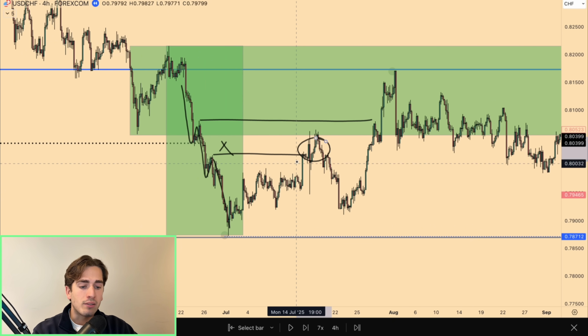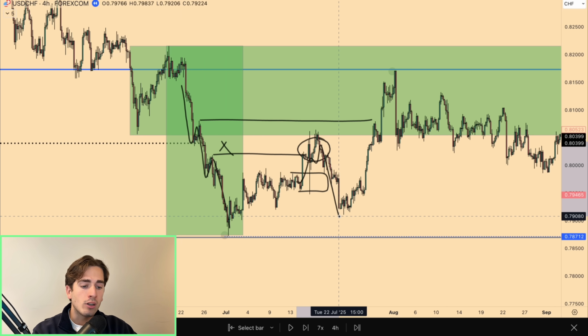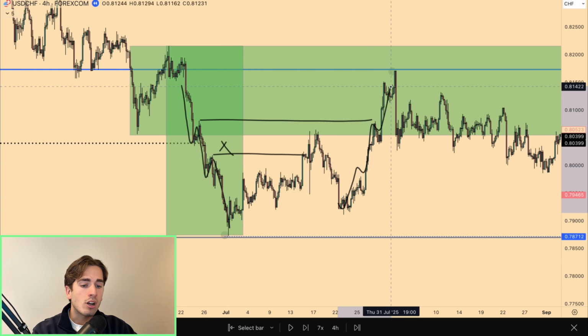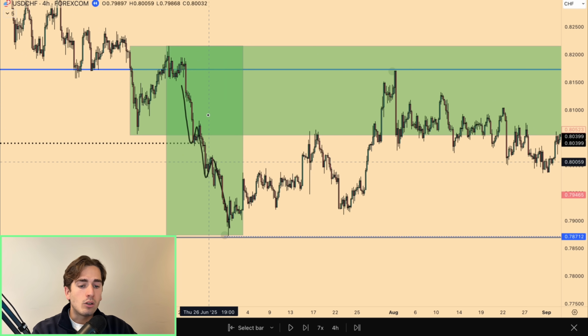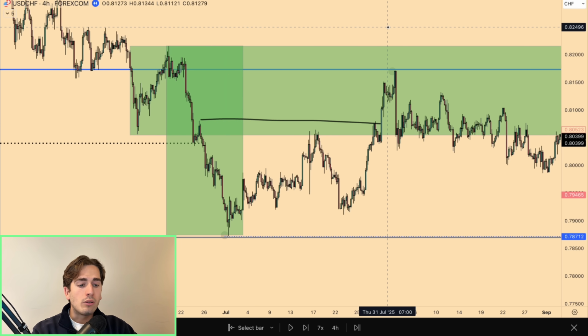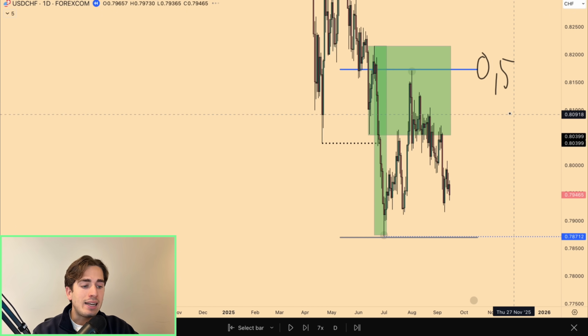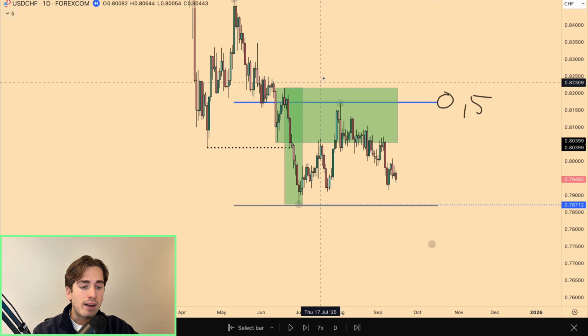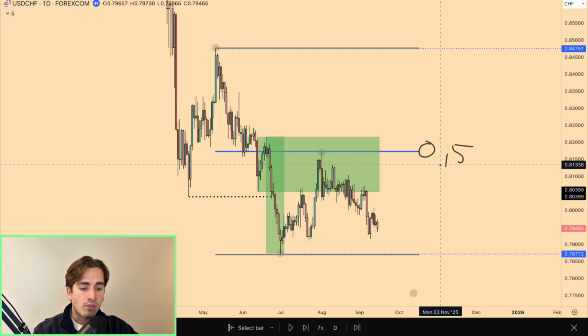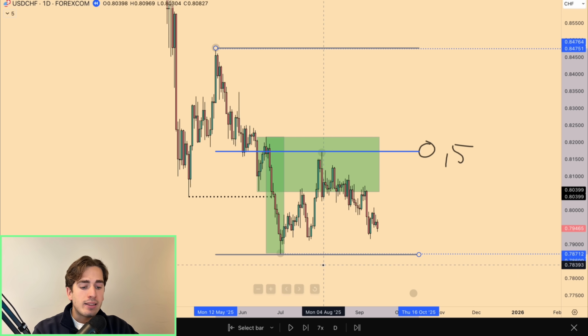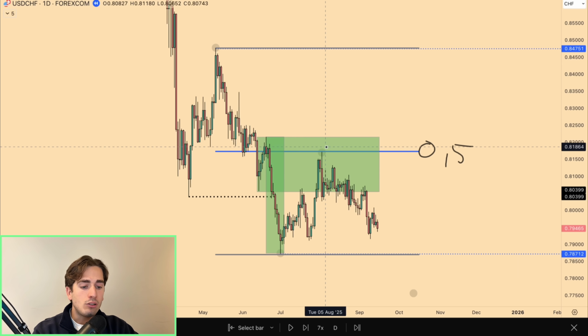So as we can see over here, it interacted, just grabbed demand and then pushed up higher, eventually pushed a little bit lower, but then the overall retracement took us higher. And then again, we've taken out liquidity over here on this high. So liquidity has been taken. We retraced into that daily area of supply that we have over here. We've retraced into the 0.5 fib, and we can now expect that the new impulsive phase in towards the downside